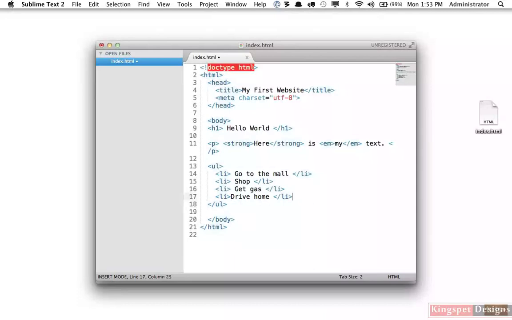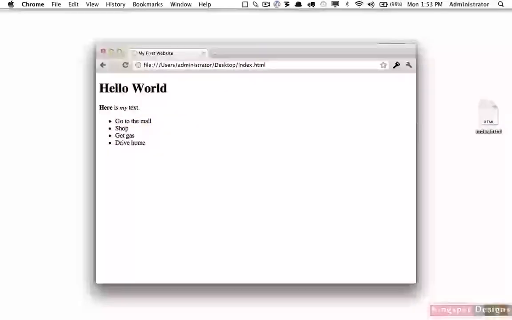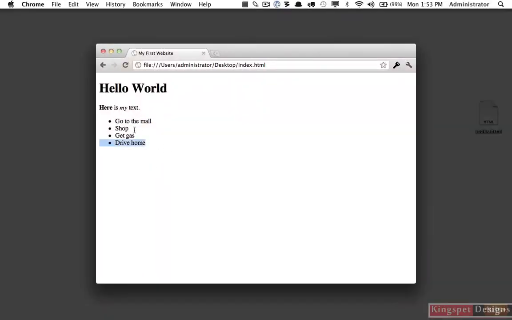So the key is to be consistent. If you like a spacing, like I do this sometimes to give some breathing room, then always try to do that here. Otherwise, it can get a little messy when your markup is inconsistent. I'm going to save that, come back, refresh the page, and now, as we would hope, we have a nice